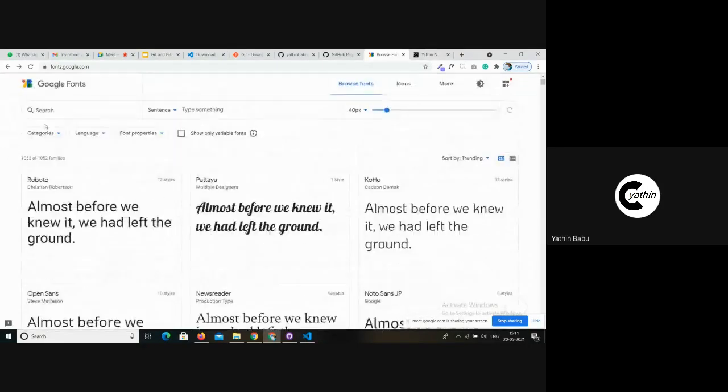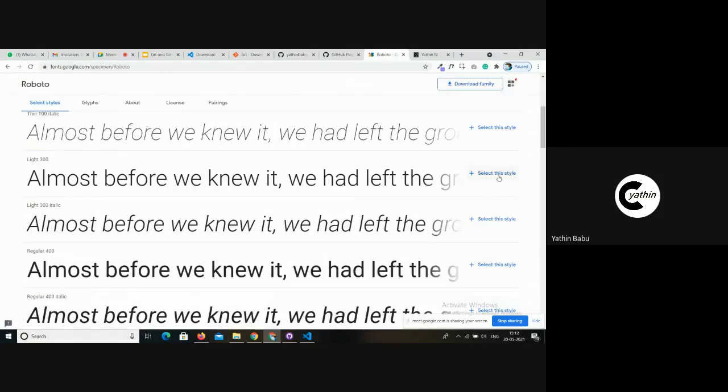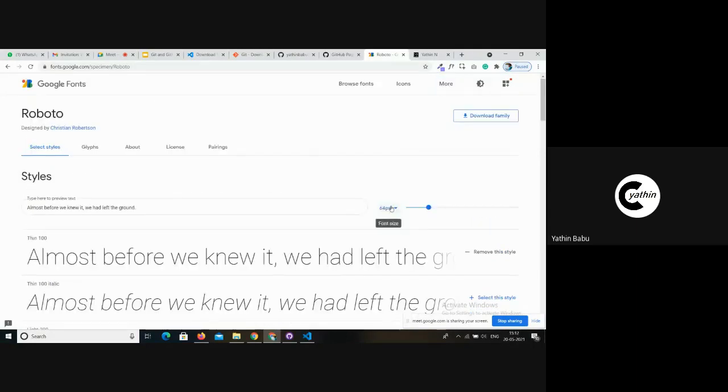You just need to go to fonts.google.com, and as soon as it loads, you can click on one of the fonts and add it to your need.